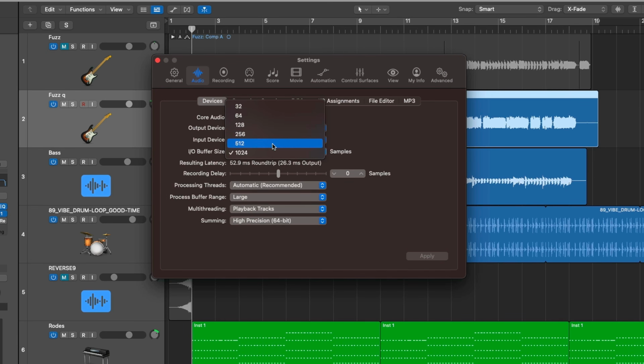So if the round trip latency on your audio interface is under 10 milliseconds, then you'll probably be good to go. So if you have a modern computer, set your buffer size to the lowest possible setting and you'll get the best latency performance. But be sure to listen back to your recording for any glitches or dropouts. And if you hear some, be sure to raise your buffer size to the next lowest setting.